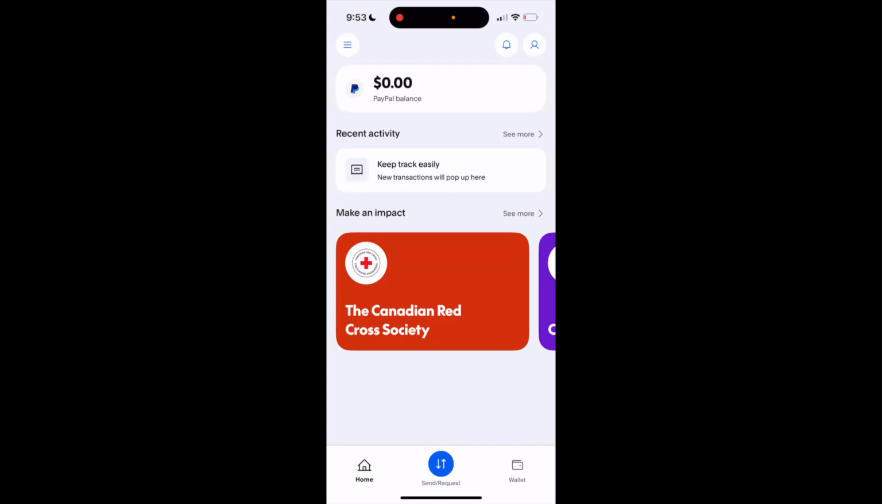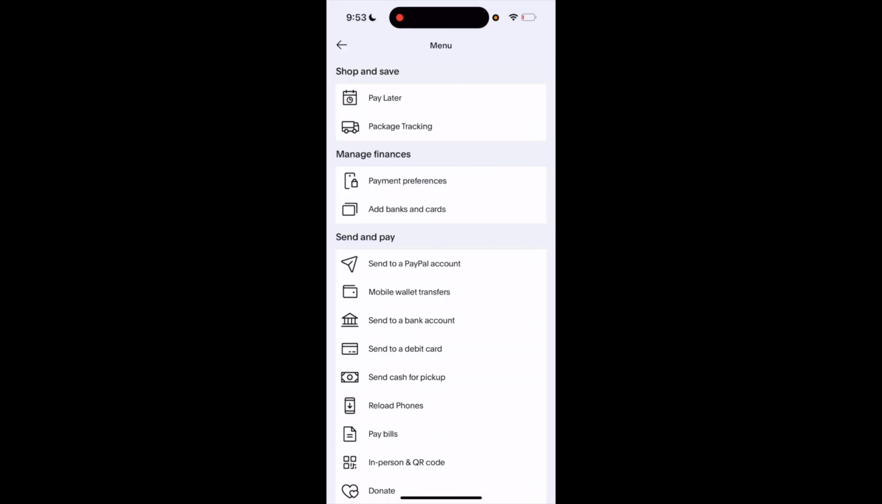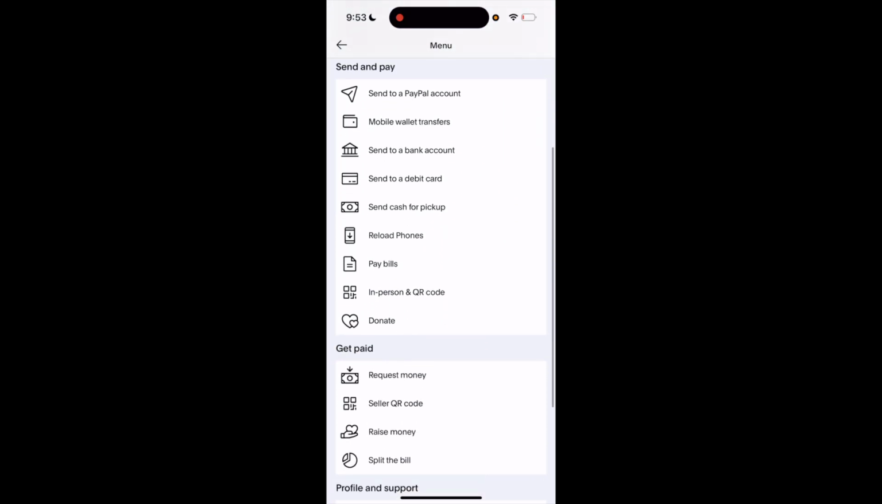So in this PayPal tutorial video, I'll be showing you guys how to pay bills here on PayPal. So once PayPal's opened up, just go to the top left here and press on the three horizontal lines. Scroll down a little bit until you come across the option that says Pay Bills, and then go ahead and